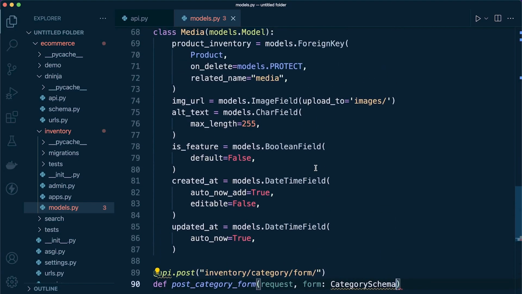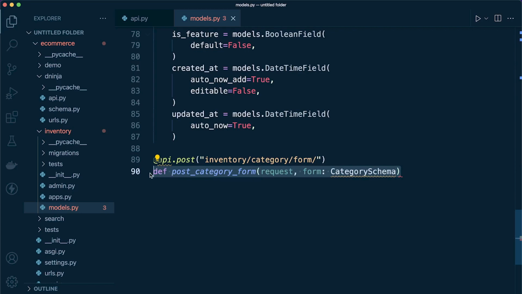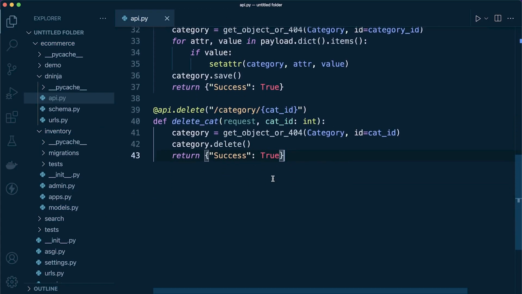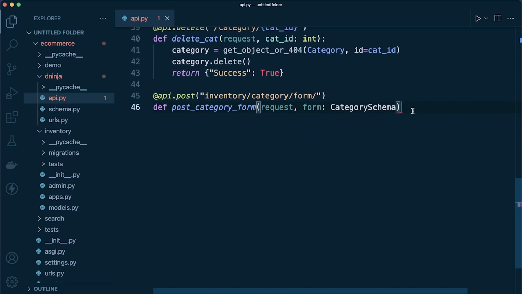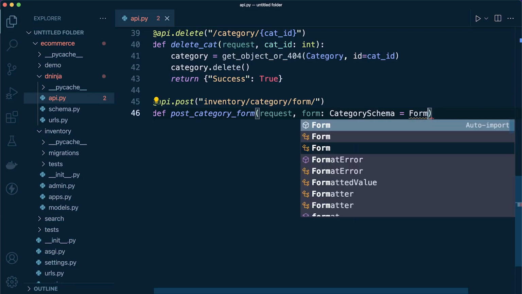which I think we've got, haven't we? Category schema. I'm doing it in the wrong place. That's why. Okay, let's do it in the right place. Right, out of models, we want to go in the API, of course. Apologies. So there we go. We've got a category schema right there. So it says category schema, and then we're going to say form. Form, we're going to bring in form, and then